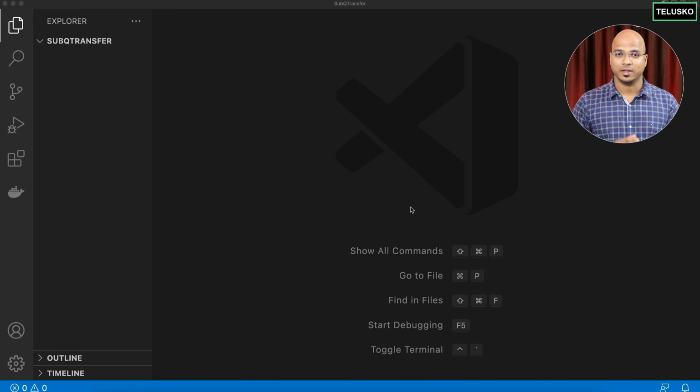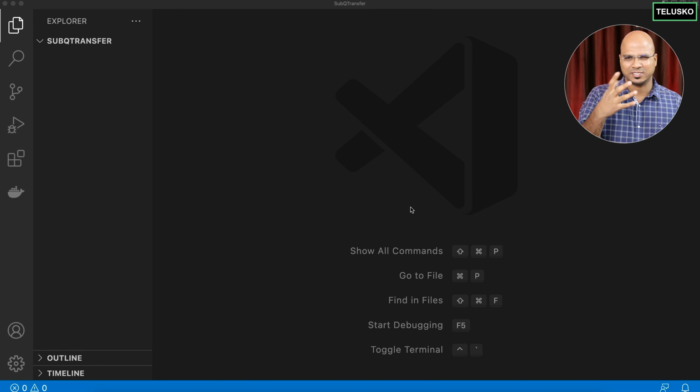Everything is working, right? But the earlier project, the first project which we did, was for the blocks. This time we are doing it for the events. So basically, if you remember, in the mapping file we worked with the blocks. Now what I want is to handle the events. That means every time there's an event on the Polkadot network, I want to get hold of it. Maybe something like a transfer. If you are transferring an amount from one account to another account, that's one event. Now, how do we track that?